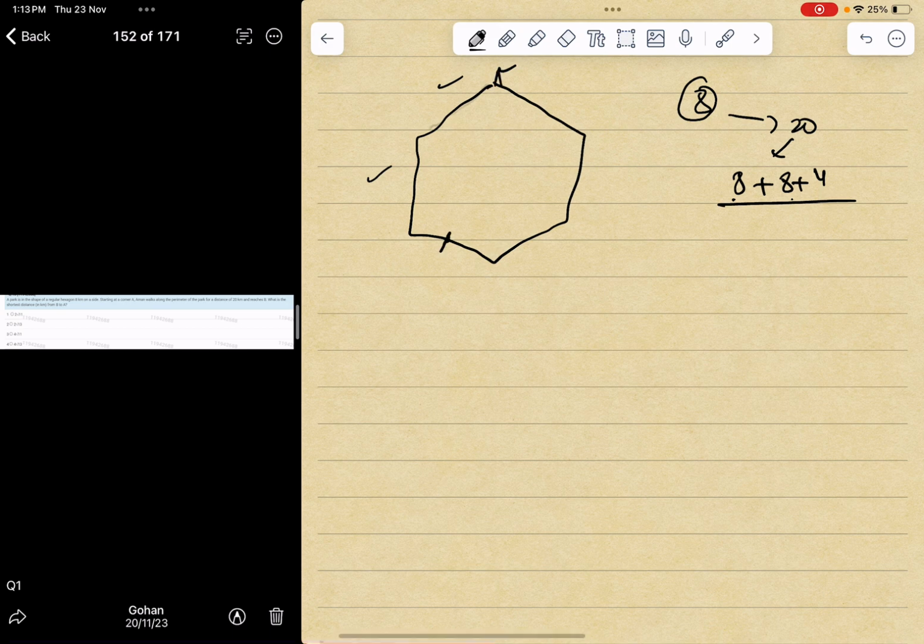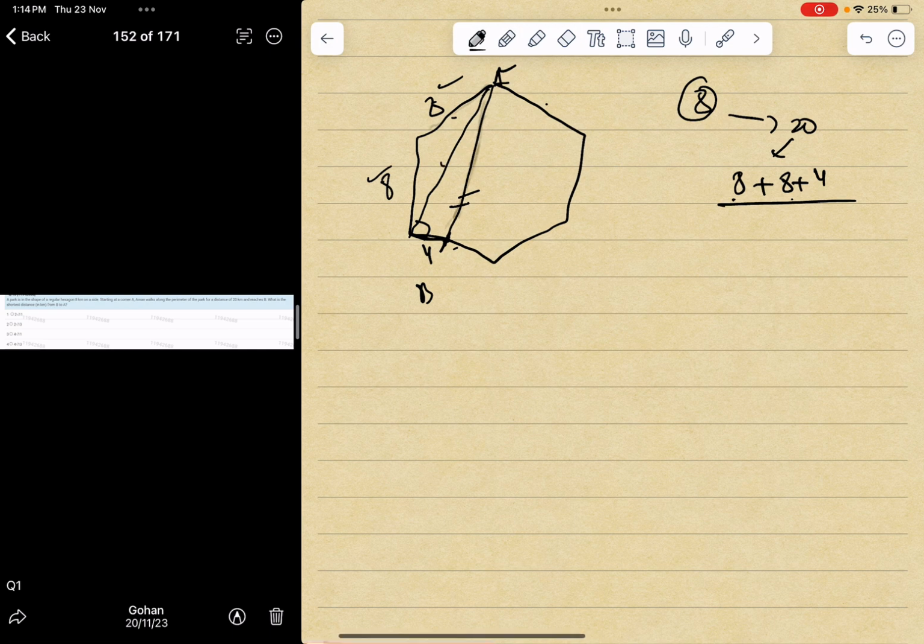So this is A and this is B. We have been asked for the shortest distance from A to B. Is it a hexagon? 1, 2, 3, 4. Yes, correct. So this distance has been asked. We know that when we join these two diagonals, this is 90 degrees. This means this much we know, because this is 8, this is 8, this is 4. This we know, this we have to find out.